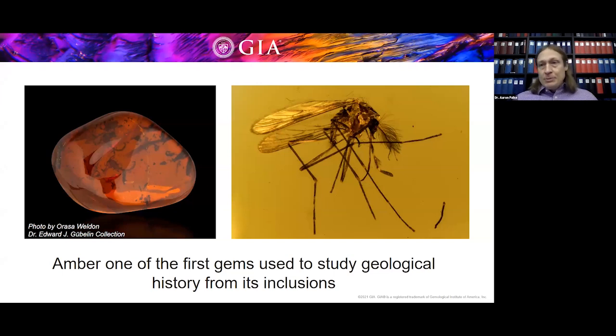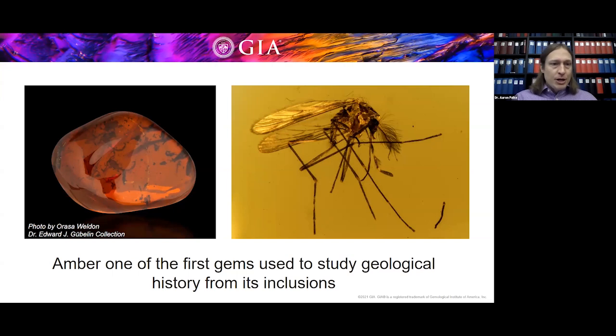But I think it goes a little deeper than that. And I think the use of inclusions has been historically important as well in our scientific evolution. One of the earliest examples of this, and I would say that amber is one of the earliest gemstones, if not the first, where humans used inclusions to scientifically understand the history of gemstones from a geological perspective. And the best example of this, I think, is Pliny the Elder, who was a